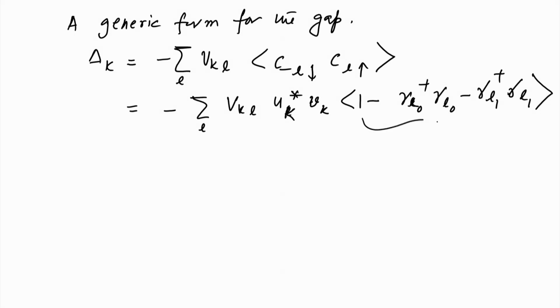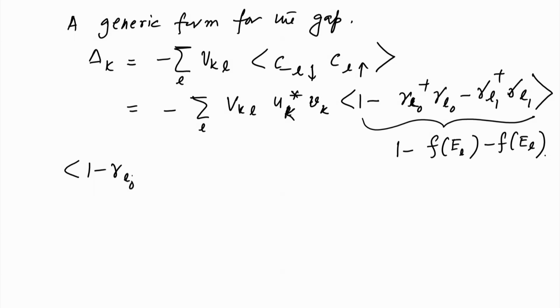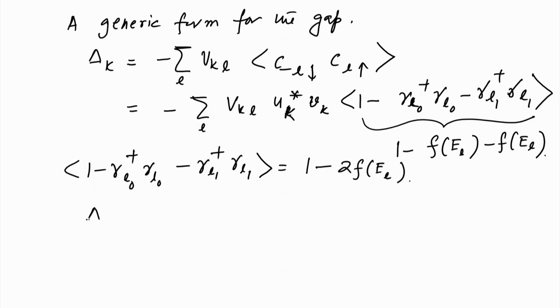and this at finite temperature, each one of them will be given by a Fermi distribution function, which is EL and EL. Thus, 1 minus gamma L0 dagger gamma L0 minus gamma L1 dagger gamma L1 is equal to 1 minus twice of EL, so to say. So, delta k, putting it back into the gap equation,